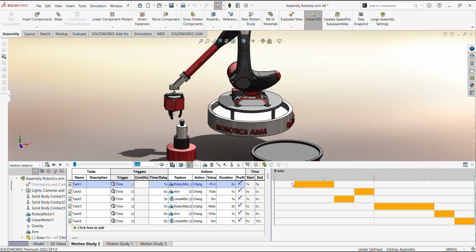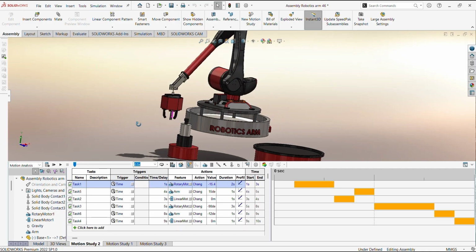So what it's going to do is, at the first second, the value of the degrees will be 0 and the value will gradually change until it reaches negative 15.47 at the third second. And by this time, the third second, the jaw will be at the top of the aluminum block. Now if I move the slider